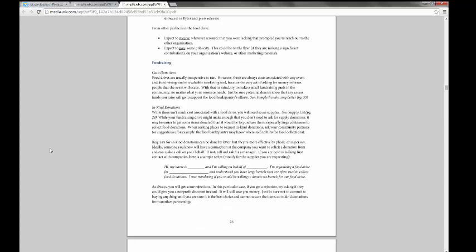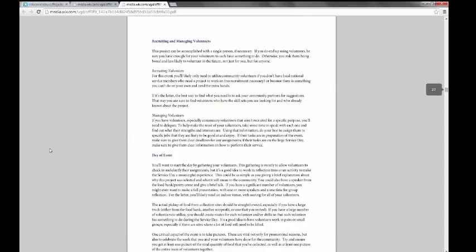So moving on to page 27, we have recruiting and managing volunteers. And while a food drive specifically might not use a large number of volunteers, it's important that the volunteers that you have are managed properly. So in this section, we emphasize the importance of a positive volunteer experience. We offer some tips on recruiting volunteers and conclude with suggestions on how to thank and recognize your volunteers.